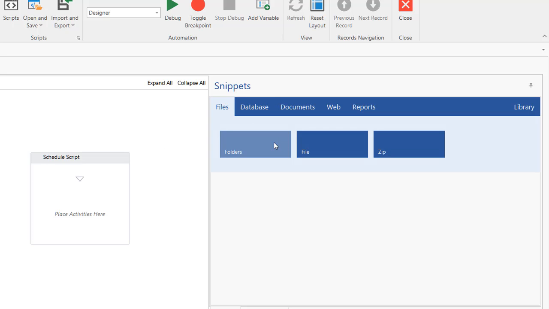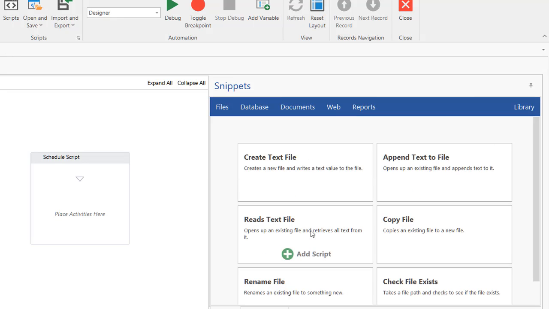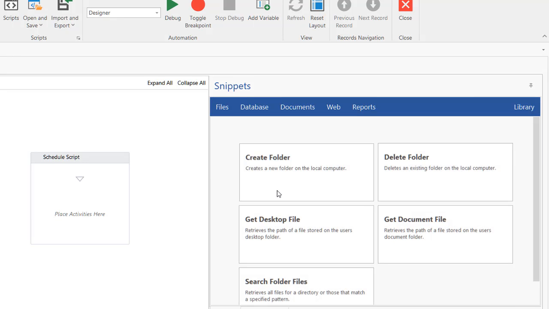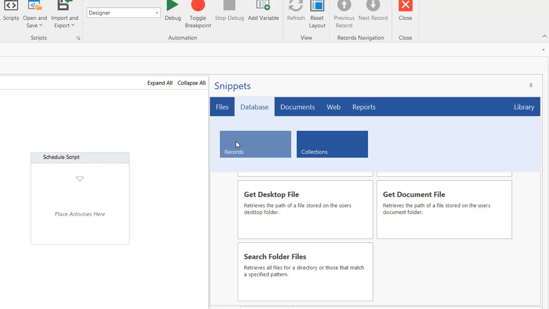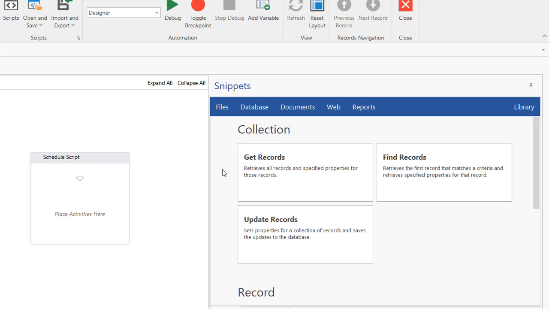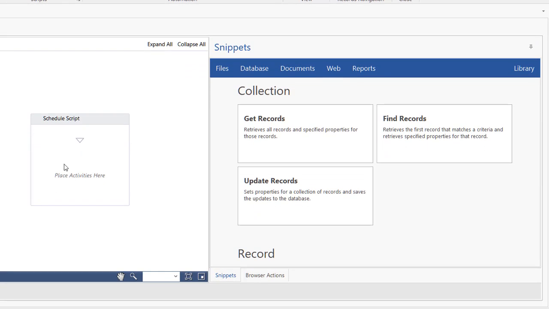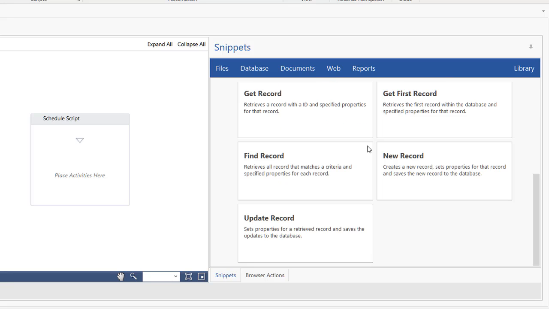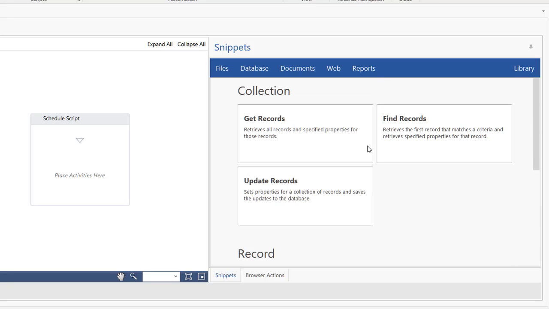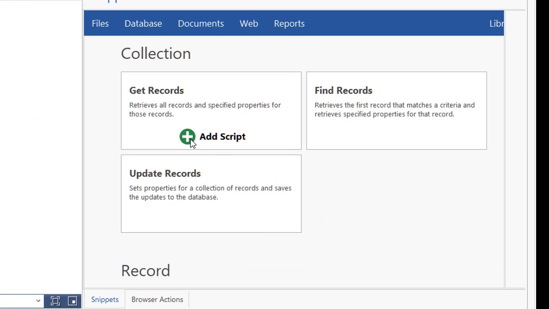So you can still access the different snippets that I've created. But I want to show you how we're dealing with the records, since the records need some additional information. So instead of clicking the add script and having it add it as part of your automation script, it's going to need a little bit more information, like if you want any properties to be set or if you want to retrieve any properties. So what I did was say we want to get all the records,